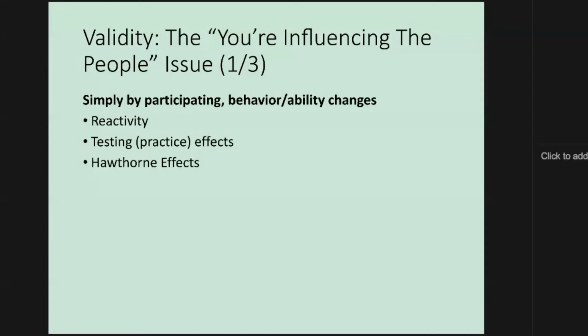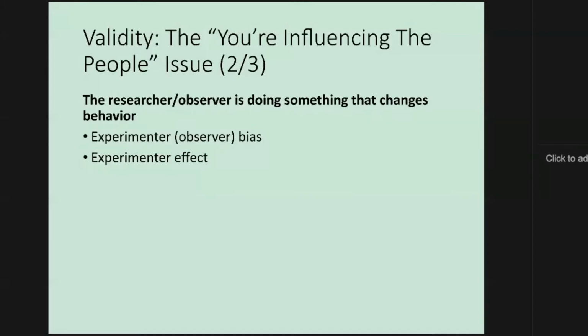We also have what's called the Hawthorne effect, which is where when participants are observed and they know they're in a study, they're automatically going to act better, like that observer in the classroom example I just gave. Sometimes the researcher or observer is doing something in particular that changes that behavior. So it's not just that participants act weird because they know they're being watched. Sometimes we could be influencing things by stuff we're doing too, not just being an observer.